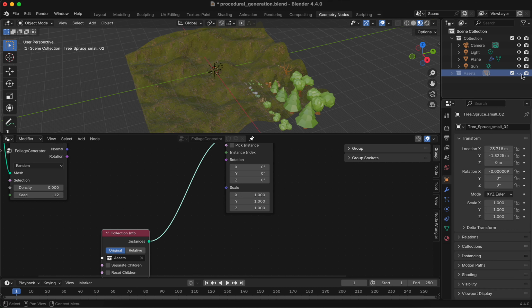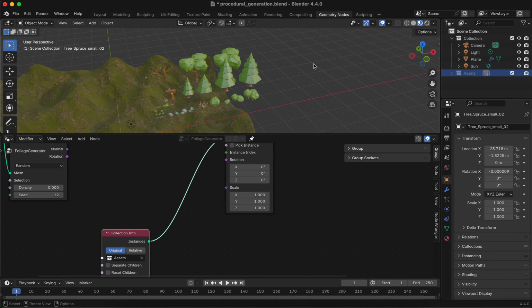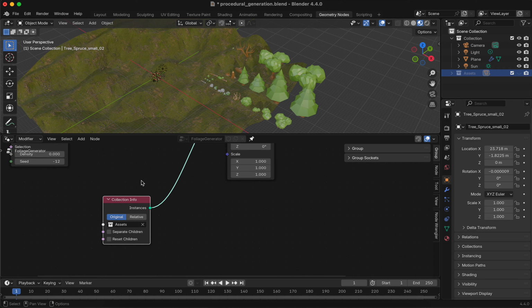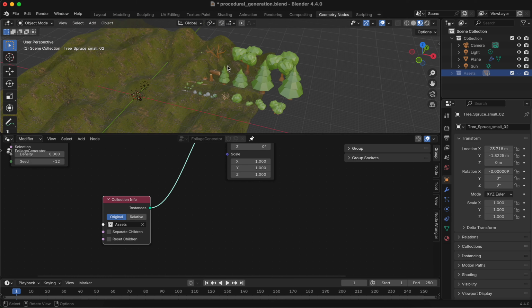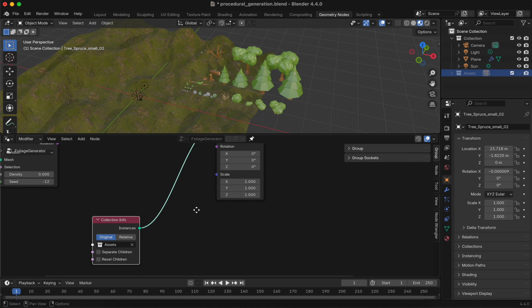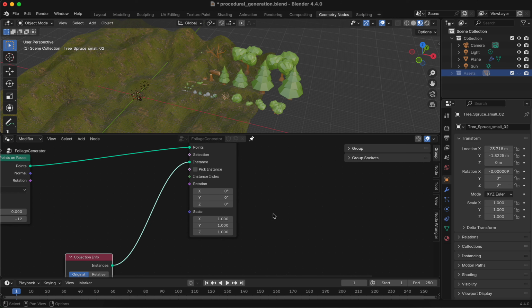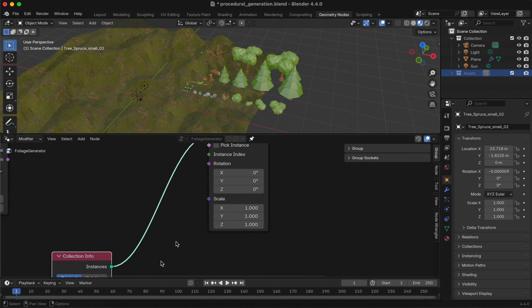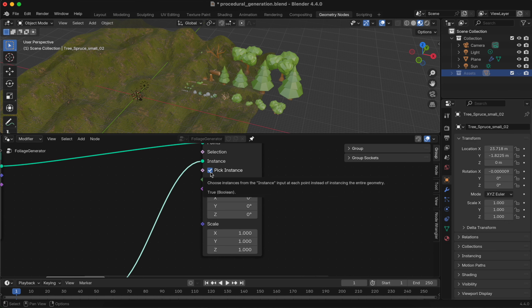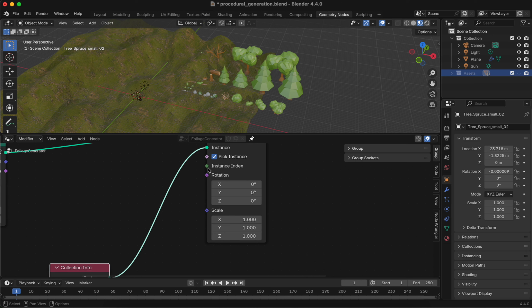Maybe we can close that one. So it is generating one sample of this assets collection here, but we don't want this one. So we can escape this by using pick instance tick here, and we can provide random instance indexes to this